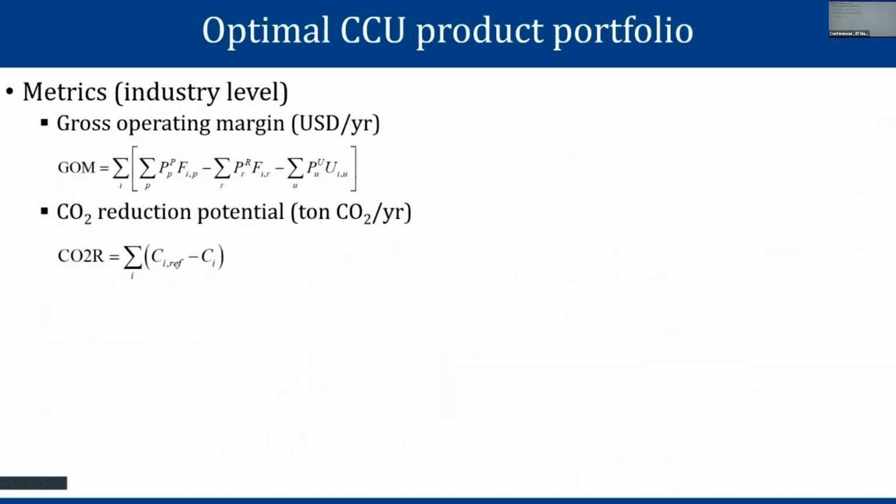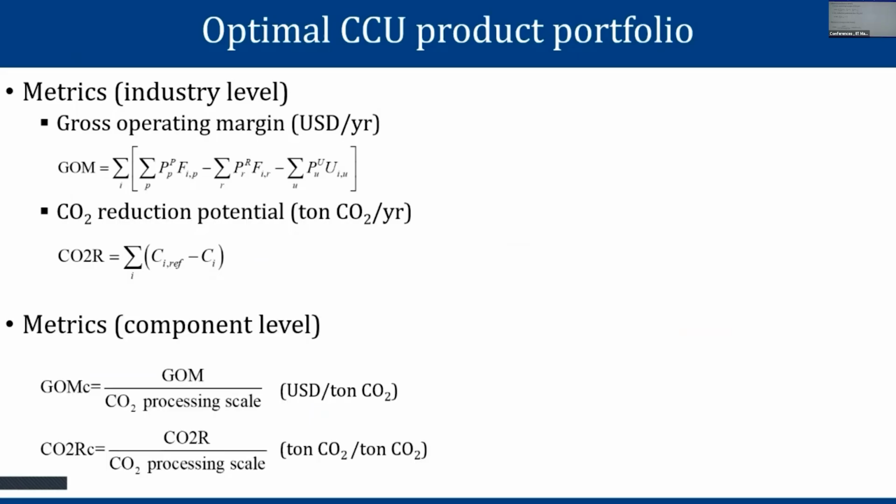While solving this optimization problem, we considered two different objective functions. One is the gross operating margin, and the other is the CO2 reduction potential. So these two metrics are used to evaluate the economics and the sustainability of the overall CCU industry, and to evaluate the